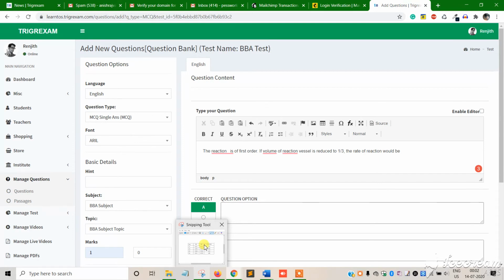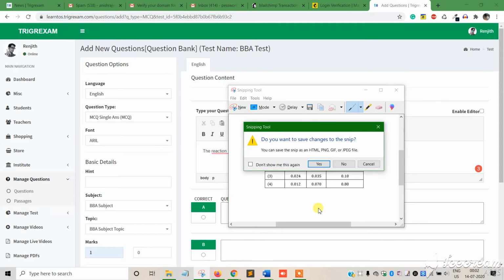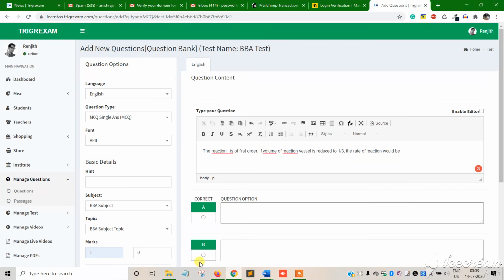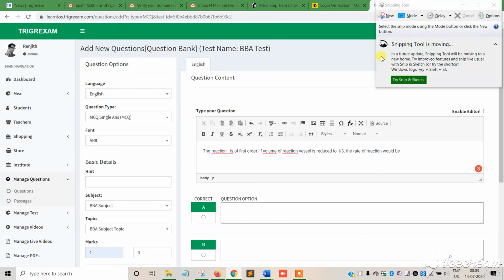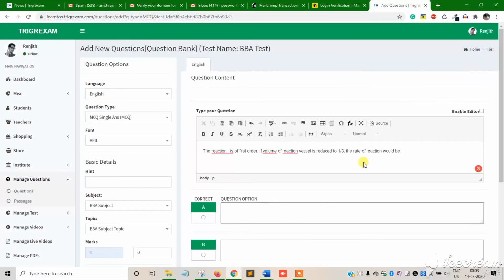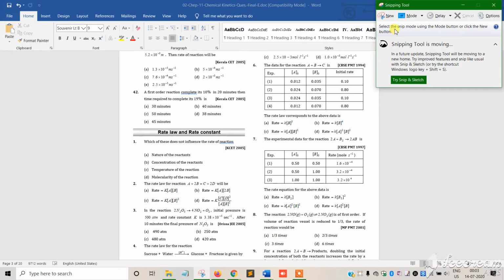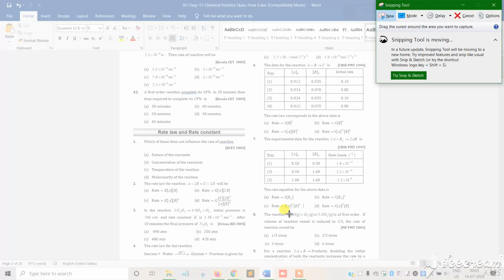I just opened it, and I will pick this equation with the snipping tool, because you cannot type this equation simply.